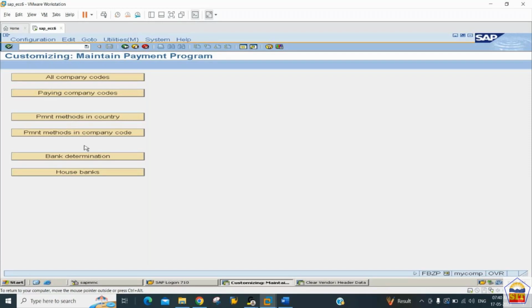And then because we have so many banks and so many accounts, we need to give the priority here: from which bank, from which account, in which currency we want to process a payment. If you want to process a payment in USD or non-USD, which bank should the system consider first, second, third, that information we maintain under the bank determination. Then we have the house bank where we are going to link our GL. So we can click on the all company code button, and before that I will also walk you through the